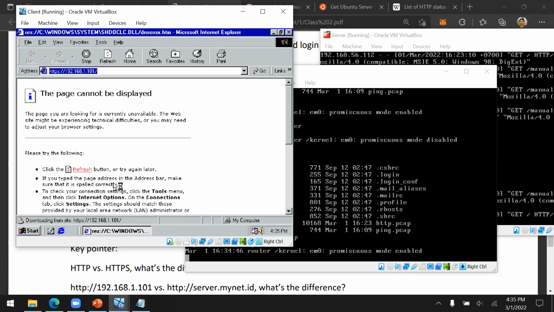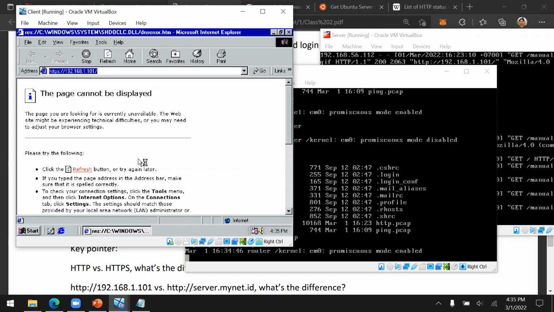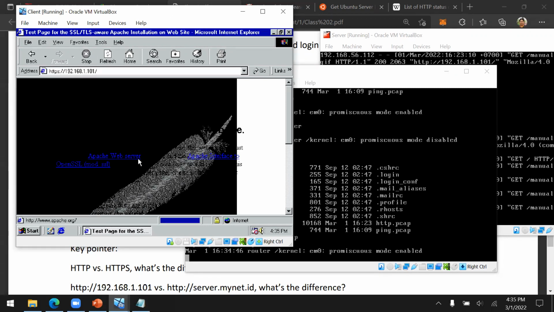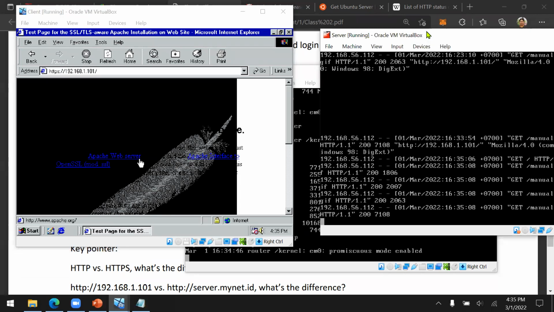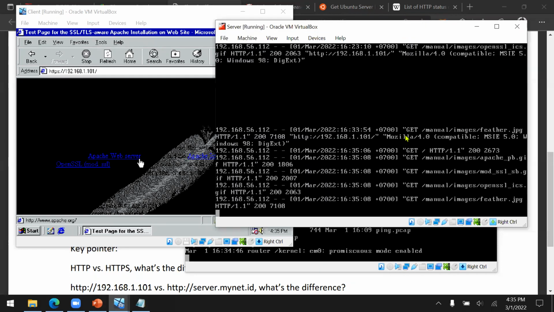Yes. Start downloading. Now you have already downloaded the web content, but by using HTTPS. But in terms of the Apache log, it's just the same. We can also see there's a client from this IP address trying to download my image, inventor.jpg, and then try to download index.html, Apache, OpenSSL, etc.